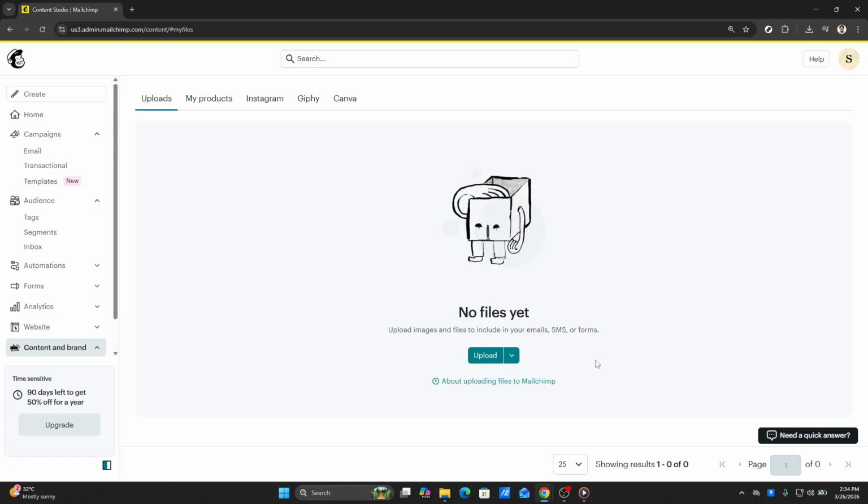This means it's ready to be linked in your email campaigns or newsletters. To do this, simply create a new email campaign or edit an existing one. In the place where you'd like to include your PDF, you can add a link. Highlight the text or image you want to link the PDF to, and then use the link icon in the